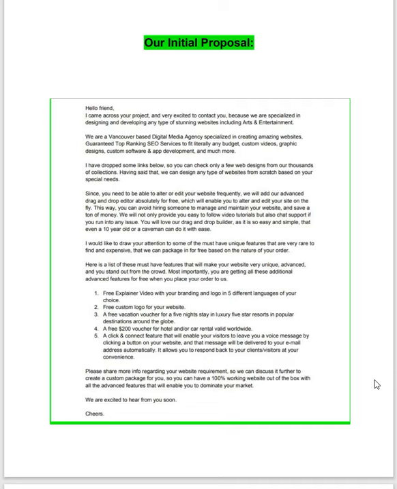I would like to draw your attention to some of the must-have unique features that are very rare to find and expensive, that we can package in for free based on the nature of your order. Here is a list of these must-have features that will make your website very unique, advanced, and you stand out from the crowd. Most importantly, you are getting all these additional advanced features for free when you place your order to us. Number 1, free explainer video with your branding and logo in 5 different languages of your choice,